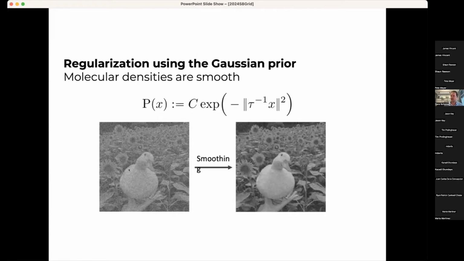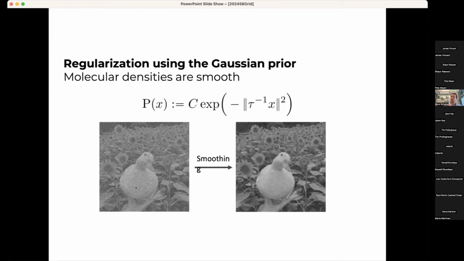Now, the advantage of that is that if you express the entire problem in Fourier space with this type of prior information, you can then analytically solve for the regularized likelihood function and optimize it directly. And that algorithm has been very successful, of course.